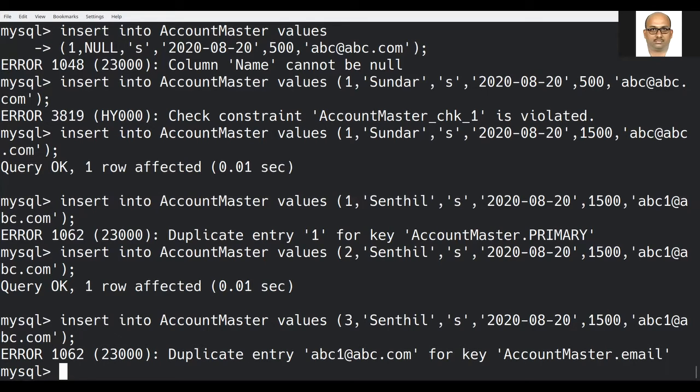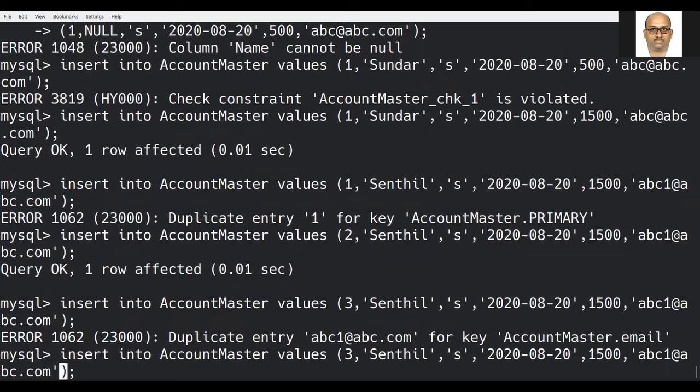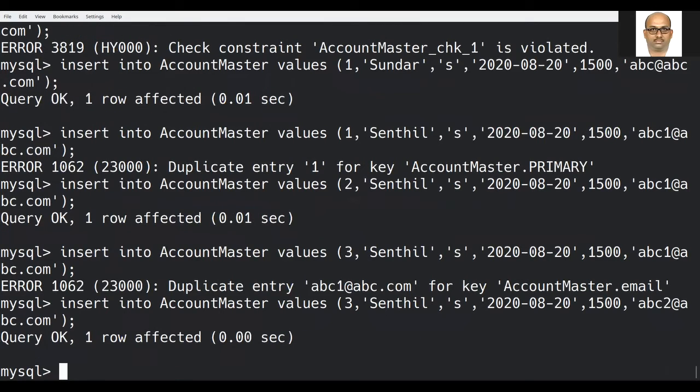So how are we rectifying this particular query? If I am trying to give it as 2, now let us check. See here, now what are the constraints we have checked? Primary key we have finished.